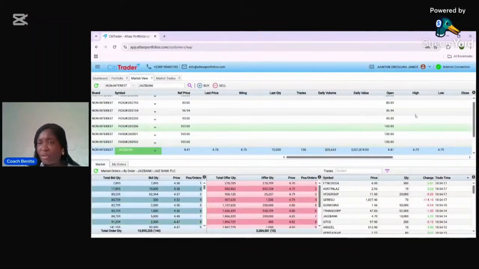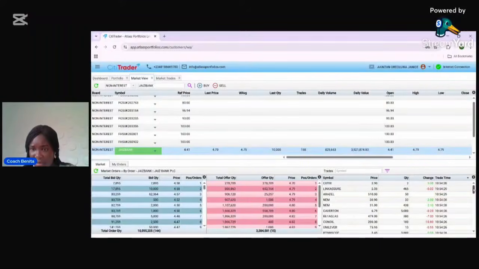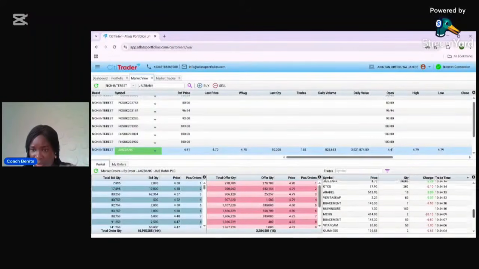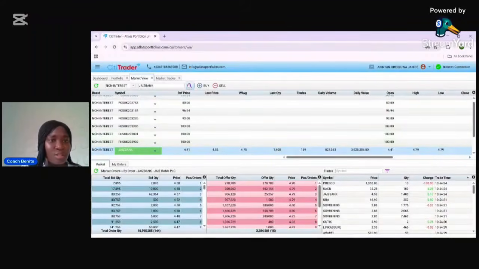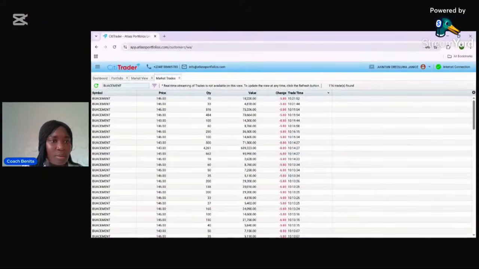Let me see if we have a stock that people are rushing. Is there any stock that people are rushing at the moment? Let me see what is going on in the market and use that. Okay, let's go to trades. The trades will show me what is going on in the market. I want to pick a stock